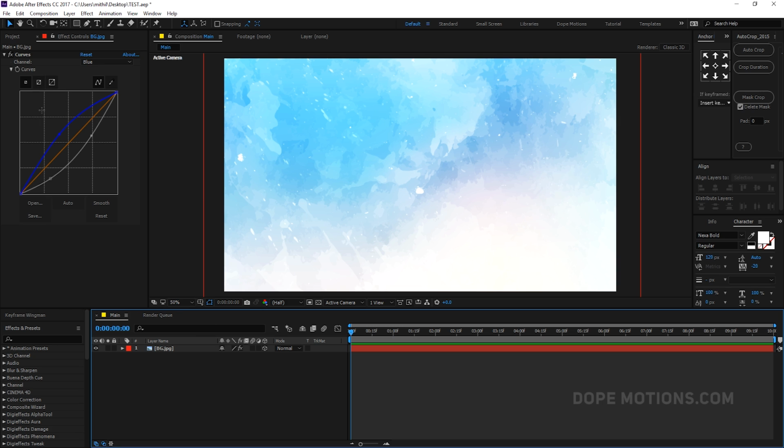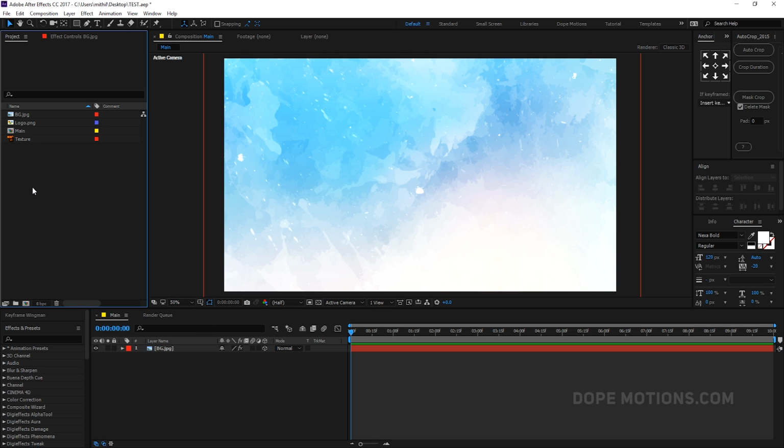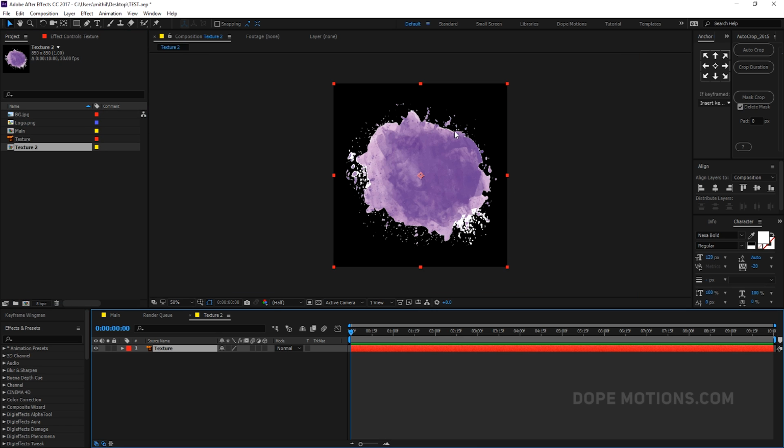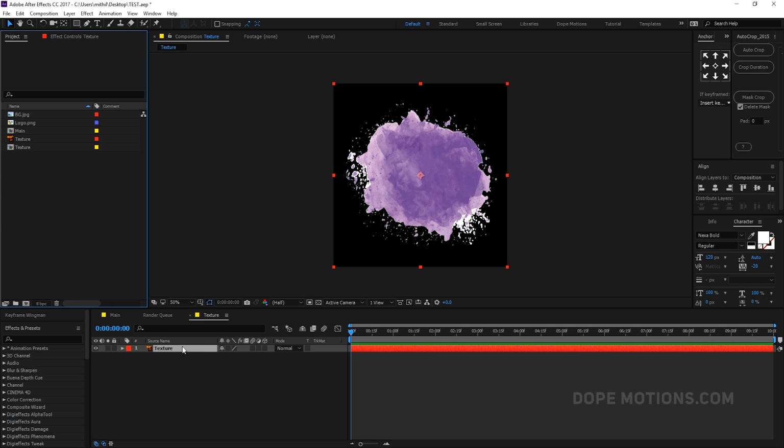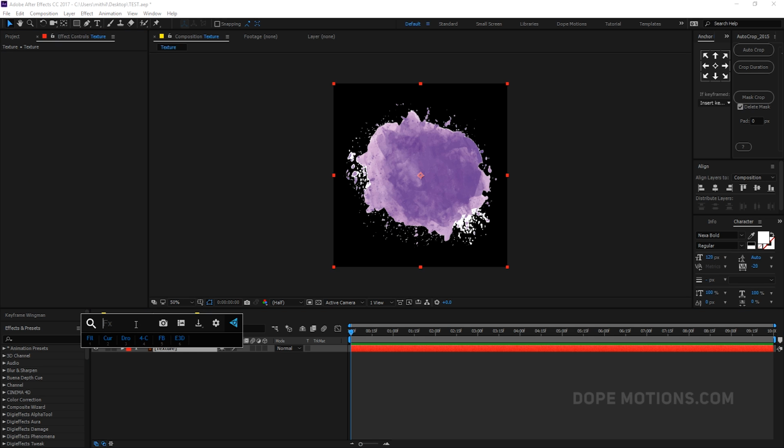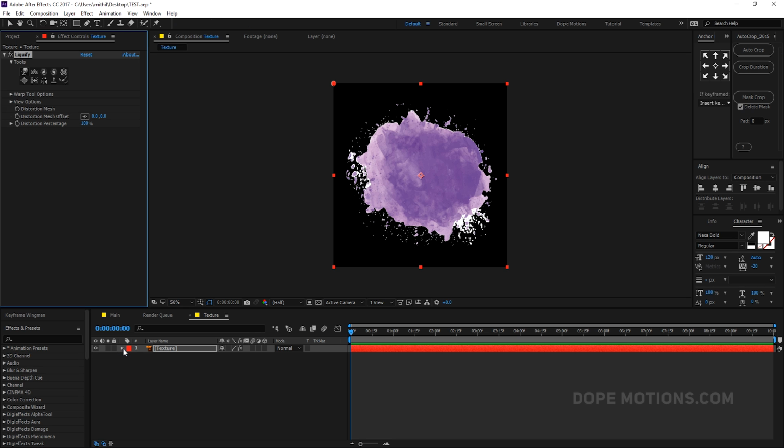Yeah, pretty good. Then what I'm going to do is drag the texture into a new composition, just like that, and we can just rename this to texture, and then add an effect called Liquify in After Effects. So let's select the layer and add Liquify. There we go. Then I'm going to go into the warp tool and set the brush size to 100,